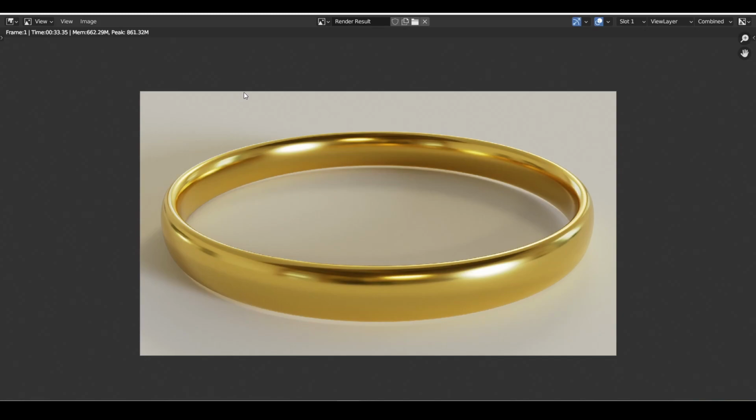It's only some light and some white things. Alright, and now we have a ring. It looks okay. It doesn't look good for like a professional view, but it's still okay. So if you want to continue to make it look even better, because we can do a lot of things